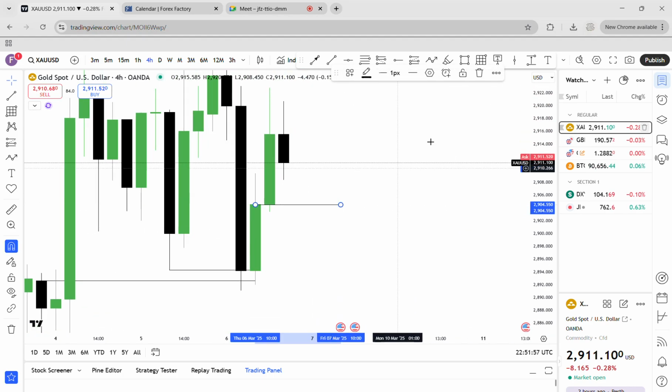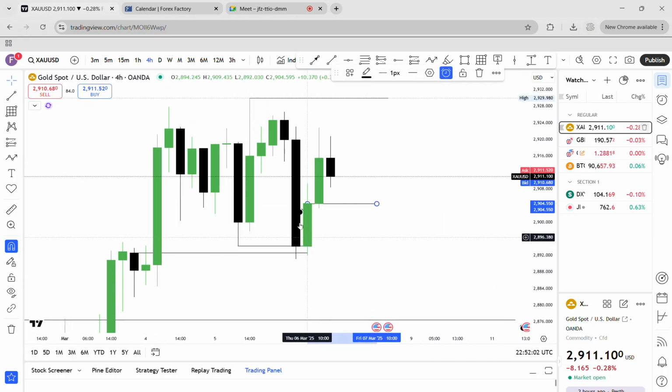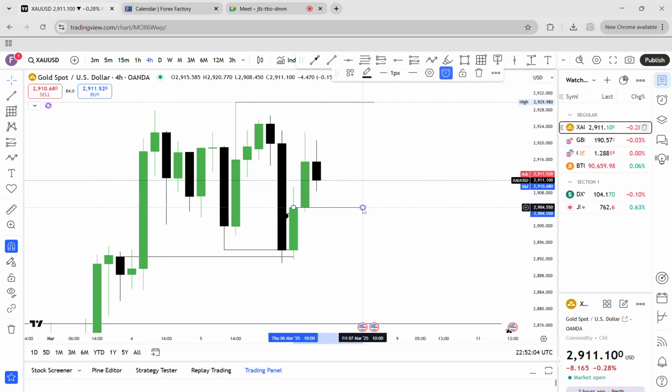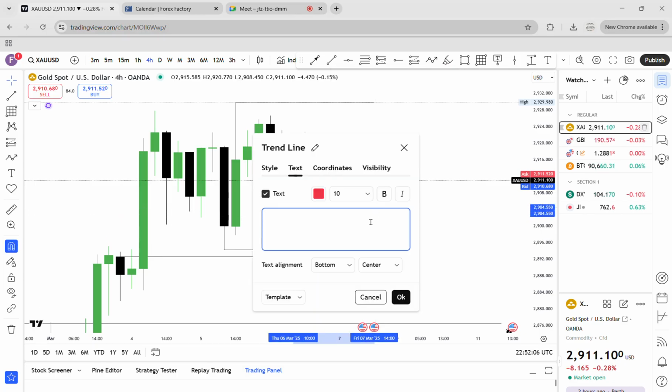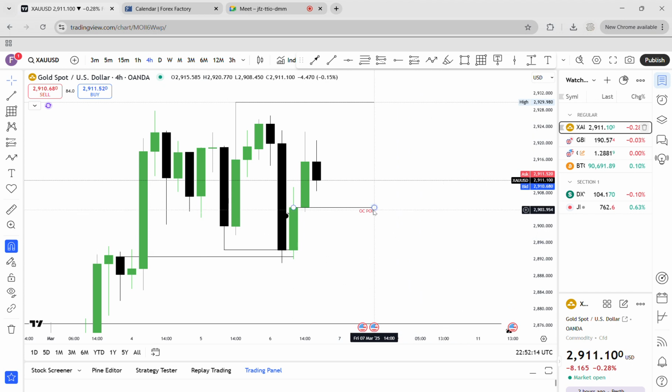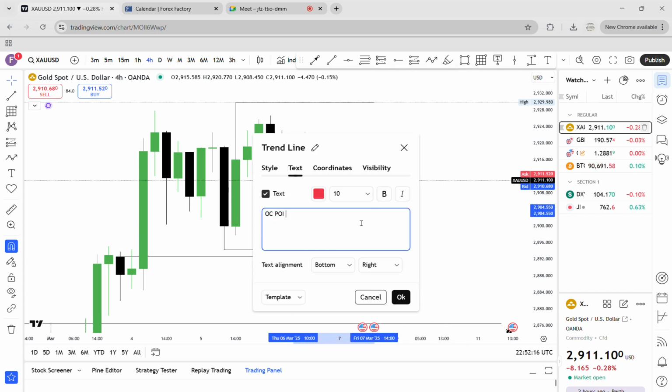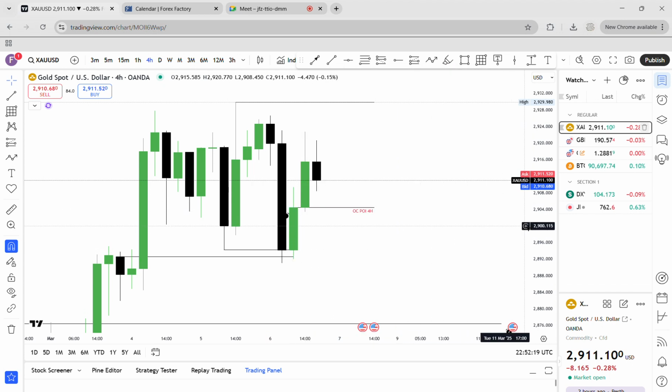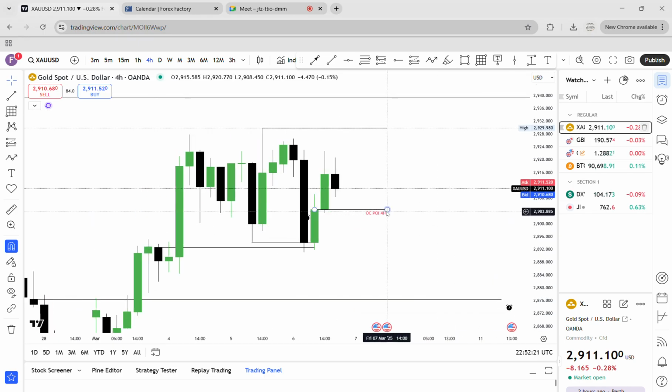This is one point of interest that is visible right now to me in this time frame. So I already identified this area. What is this? OCPOI, open close level, bottom right here. What? 4 hour right here. So which means if price taps into this area, you want to go down to 1 hour, 15 minutes